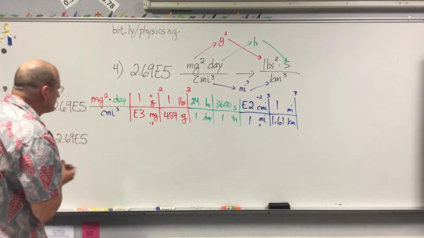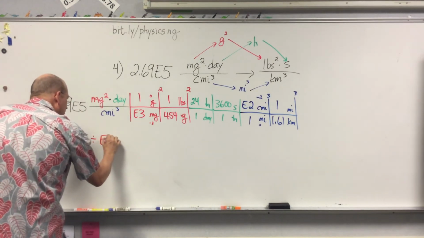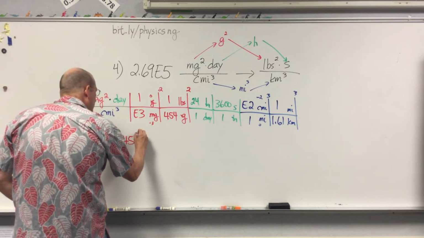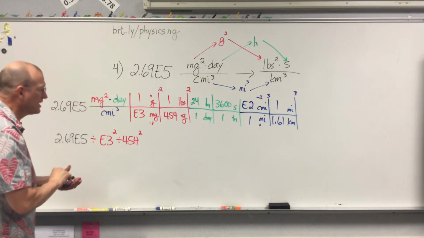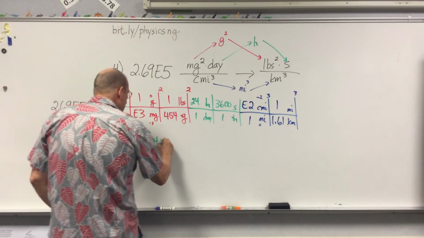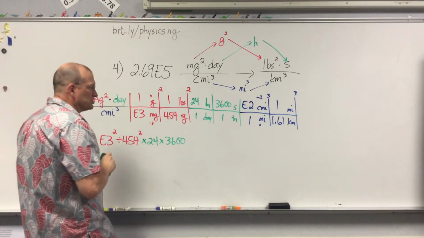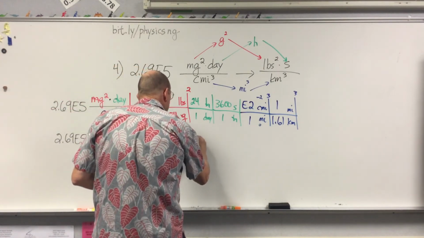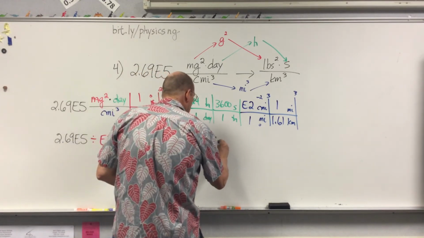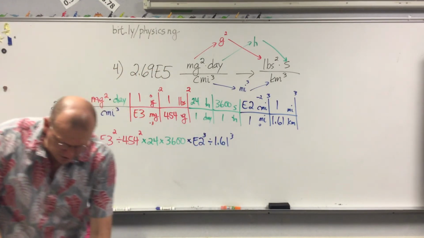So if we work left to right, we have to divide by E3, and that has to be squared, and then we have to divide by the 454, and that is going to be squared. Then we have to multiply by the 24 and multiply by the 3,600. And we switch colors. We have to multiply by E2, and that's cubed. And then we have to divide by 1.61, and that's cubed. So you get on your calculator,